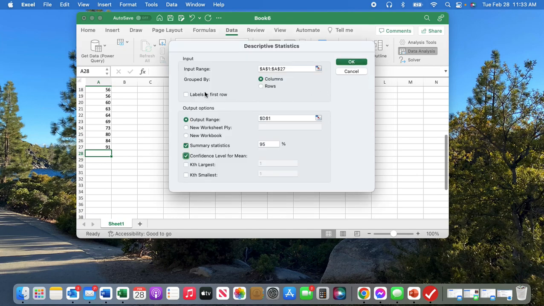Click OK. So A1 through A27, yes, that's the input range. Let's put our output here. That's where our data is going to show up. And we want summary statistics at the 95% confidence level, and then the confidence level for the mean. You click OK.